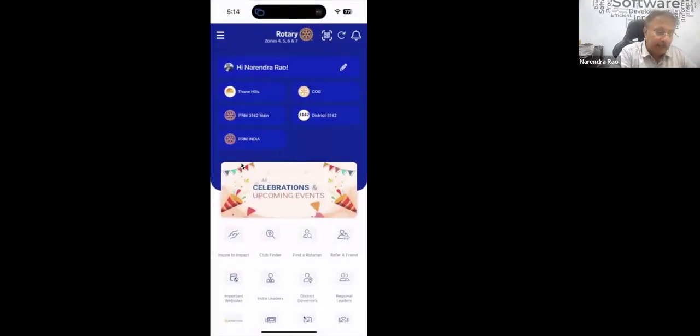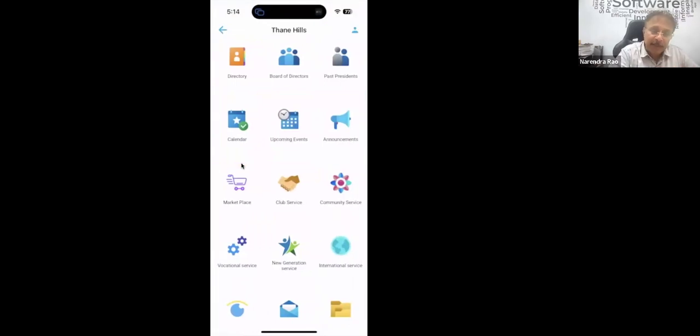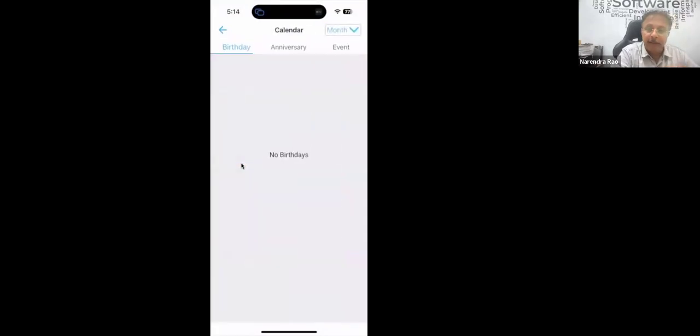I'm back into the main screen dashboard. When I click on the club, I can see whose birthday or anniversary is today in my club. I click on the calendar. It shows if there are any birthdays or anniversaries here.